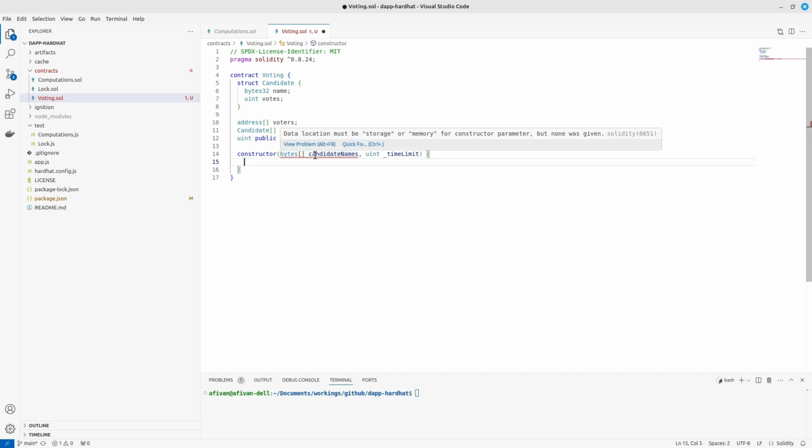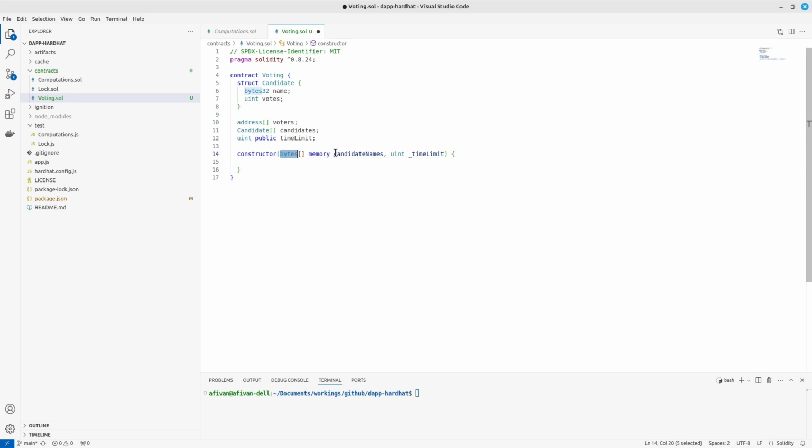Okay, what we have here, the location must be storage or memory. We will need to add the memory attribute for this one. Memory. Since this bytes thing will not be stored in the state, this variable has to be memory, right? So okay, now we will need to assign the time limit that we have, so this particular variable with